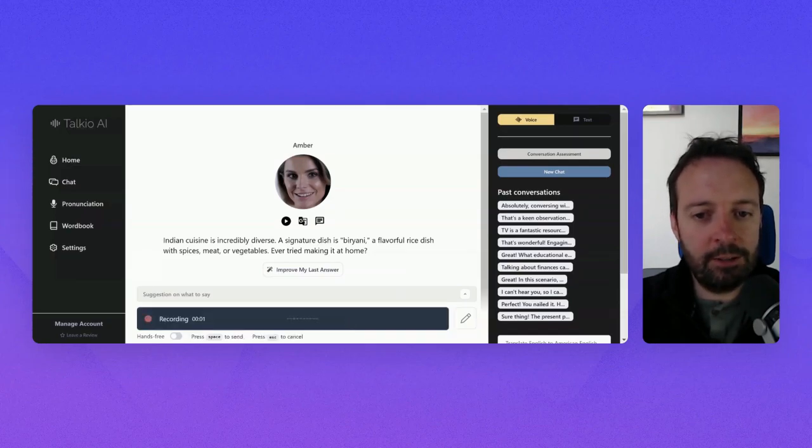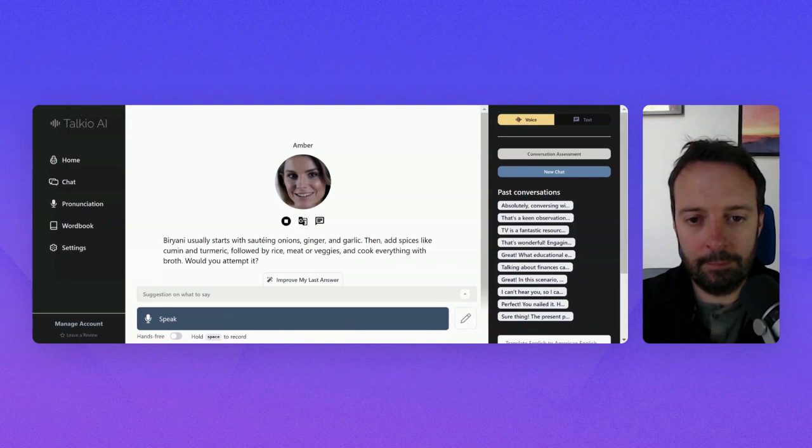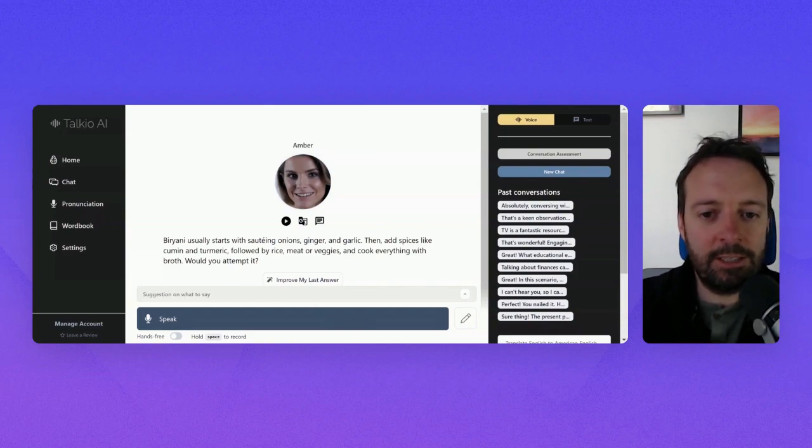No, I have never tried to cook biryani. How do I cook it? Biryani usually starts with sautéing onions, ginger, and garlic. Then, add spices like cumin and turmeric, followed by rice, meat, or veggies, and cook everything with broth. Would you attempt it? Okay, so the good thing about this, which you don't have with ChatGPT, is that you